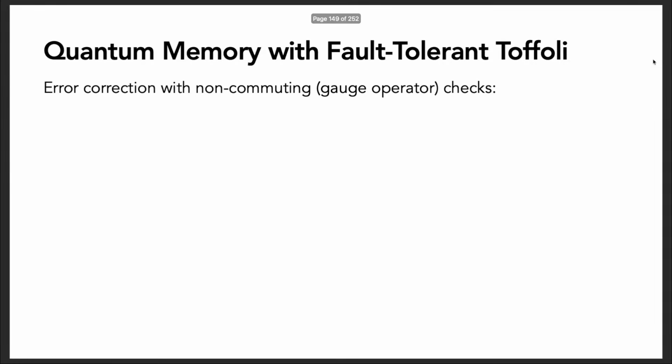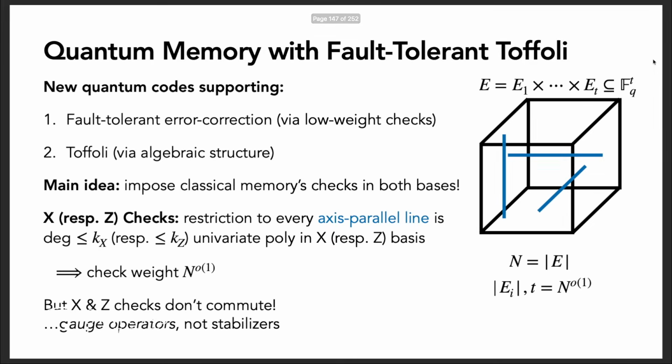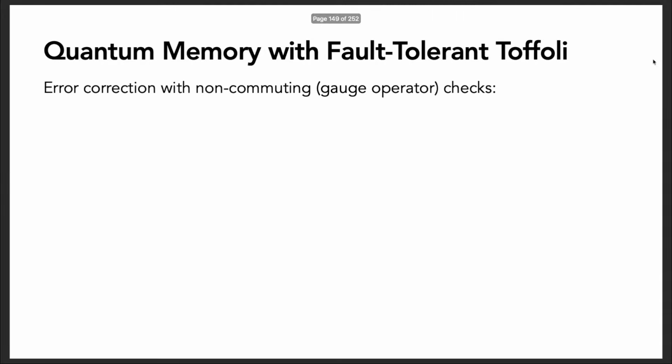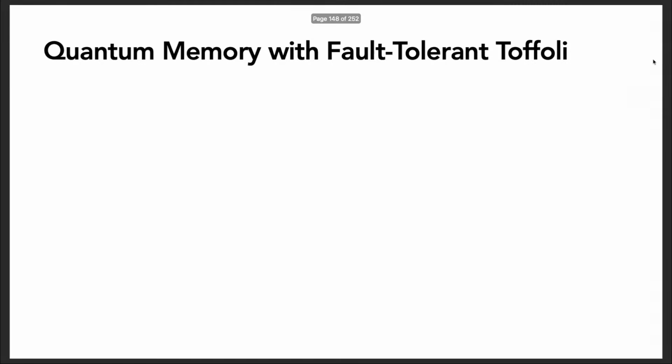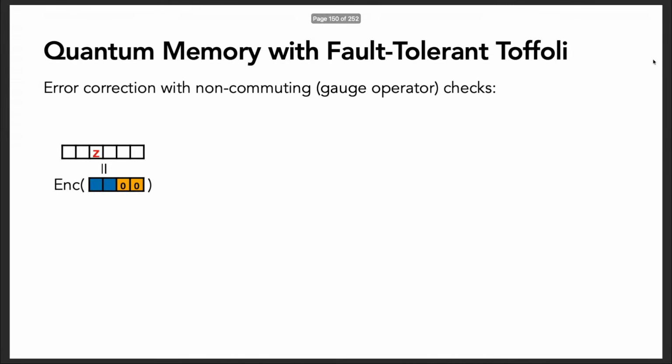I now need to argue that we can actually do fault-tolerant error correction on this memory. So we have well-defined checks. They don't commute. What does error correction look like? So it's not a stabilizer code, basically? Yes, it's a subsystem code. You can view it as a larger code that's a stabilizer code, and then at any given time we're working within a subcode, a subsystem of the stabilizer code.